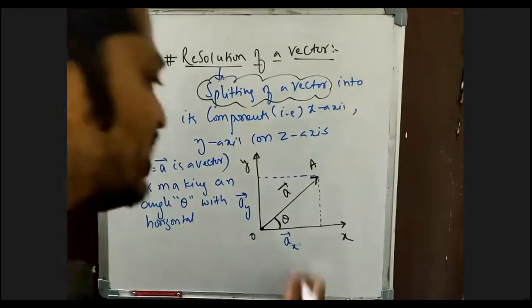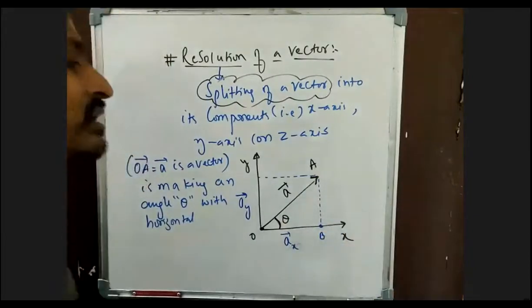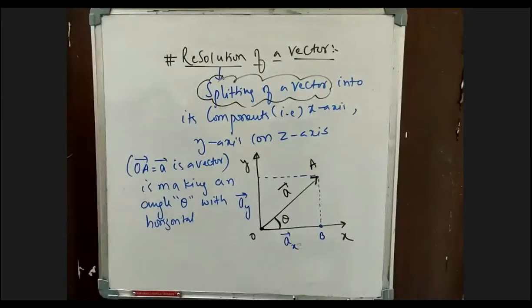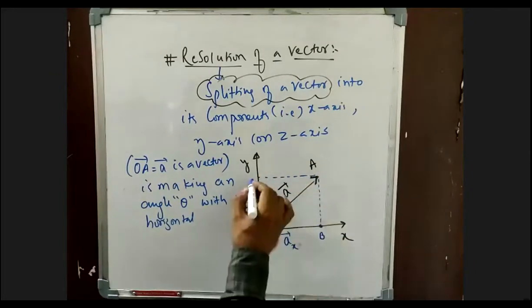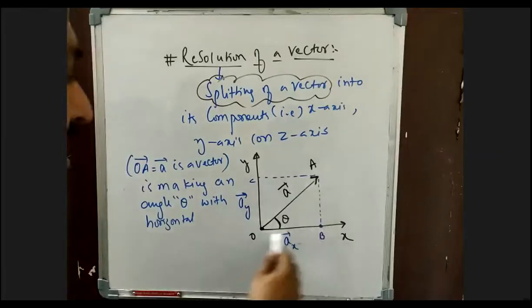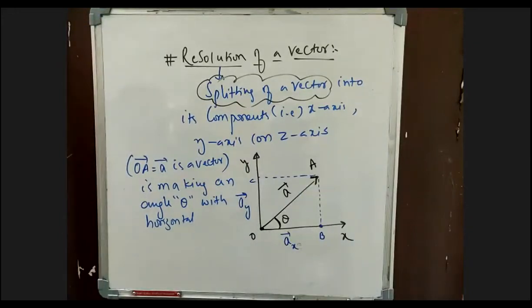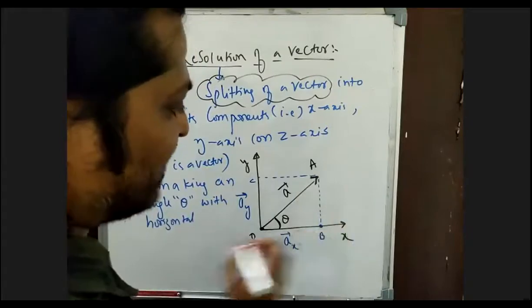Now from trigonometry, I know this one is OA, and say this point is B. From this, I need to calculate the value of AB, and say for example this one is C. Now apply the trigonometric conditions: cos theta will be equal to how much, and sin theta will be equal to how much. If I resolve this triangle OAB, this angle here is 90 degrees. So cos theta is equal to